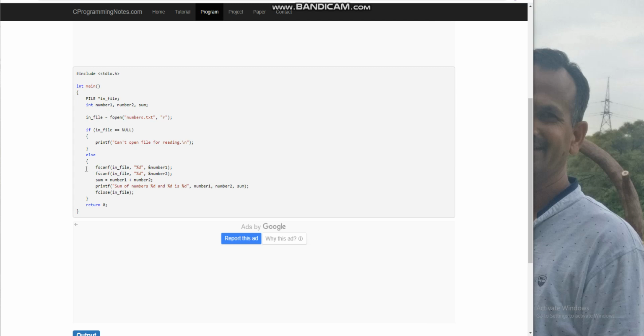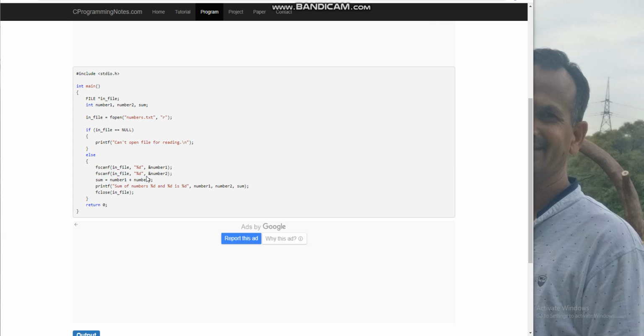This is the fscanf command. You know, the fscanf command reads data from a file. So %d indicates an integer, so it reads integer data from the file with the fscanf command.